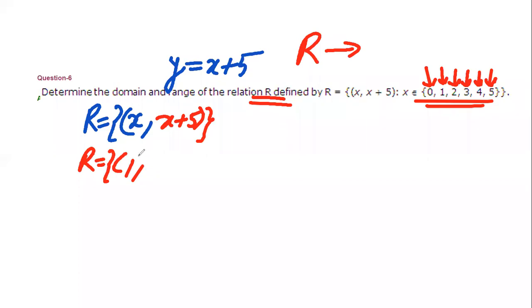Mayur, after putting 1, what will come? Let's start from 0. 0 with 5, 1 with 6. Mayur is right. 1 with 6, 2 with